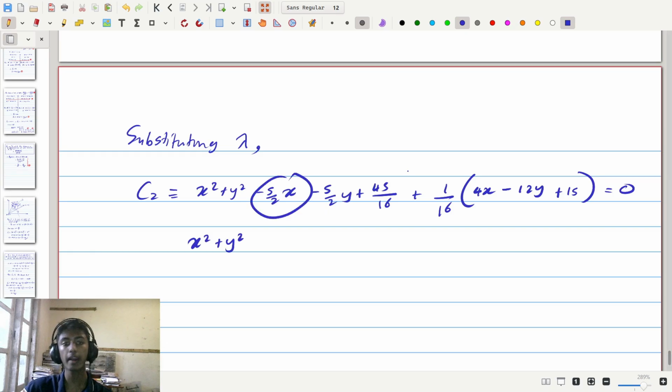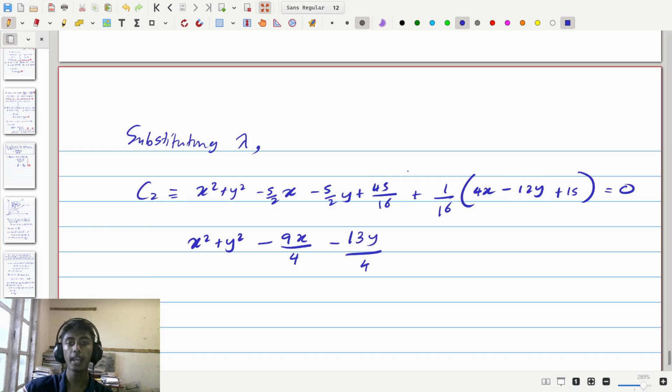The x terms become minus 5 over 2x plus 4x over 16, which is going to become x over 4. So if we convert to the common denominator of 4, we're going to get minus 10 over 4 plus 1 over 4, which is going to be minus 9x over 4. And then as for the y terms, we're going to get minus 5 over 2y and minus 12y over 16, which becomes minus 3 over 4. So if we convert this into a denominator of 4, we have minus 10 over 4 plus negative 3 over 4, which is going to be minus 13y